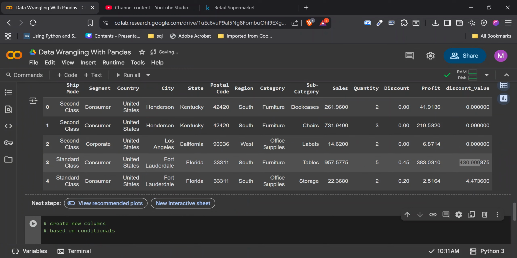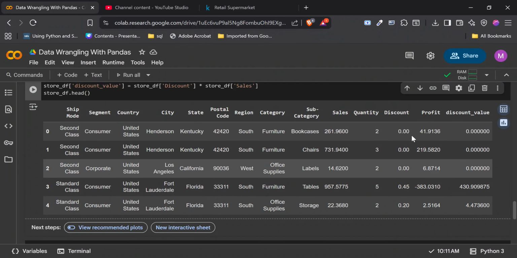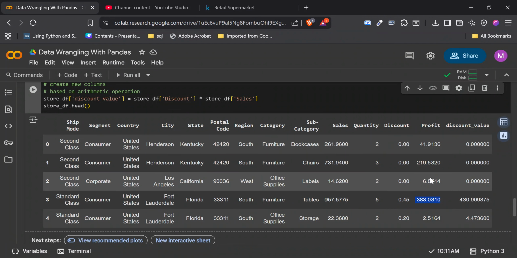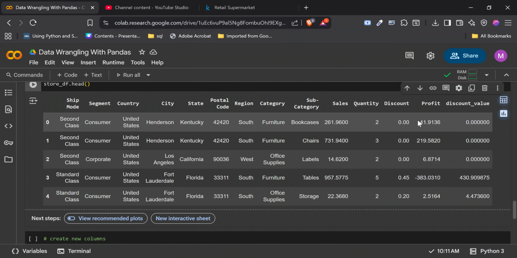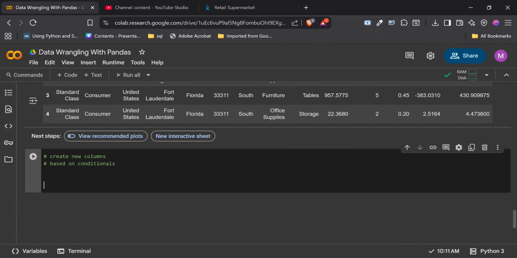okay, we have profit and loss, right? In this profit column we see negatives there, so there are losses. So we just want to do profit, loss, break even. Anywhere we have positive, we have profit. Anywhere we have negative, loss, then zero is going to be break even. So how do we do that? We're going to say store_df of profit_remark,